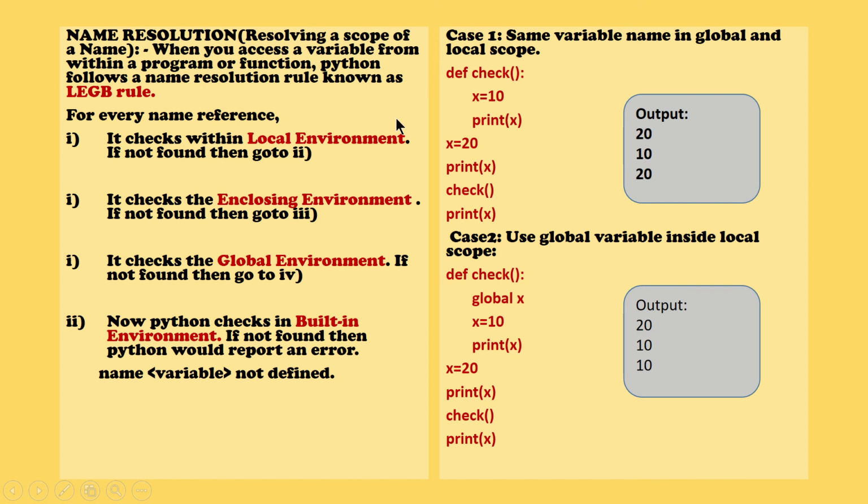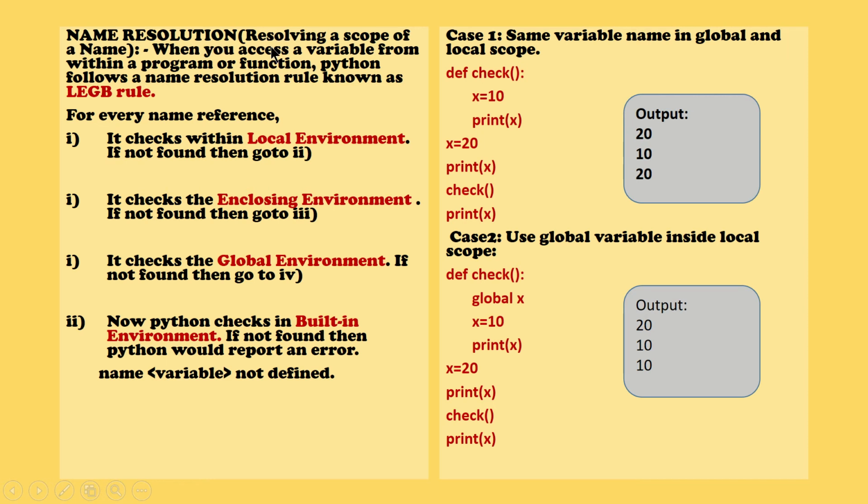As part of scope of variable, the next topic that we are going to understand is name resolution. What we are actually going to learn in name resolution is, when you use a name or a variable or an identifier in a Python program, how it will be resolved internally. That is what we are going to understand. You will understand better when we discuss case 1 and case 2. First, let us understand what we mean by name resolution.